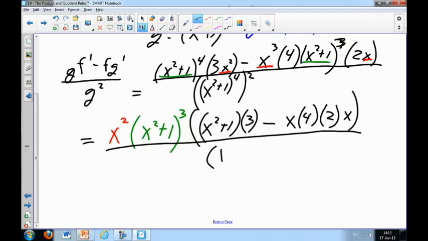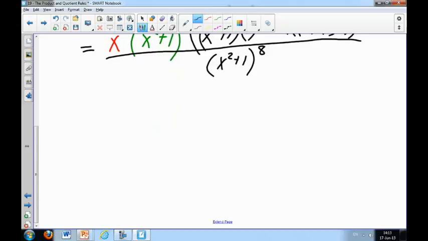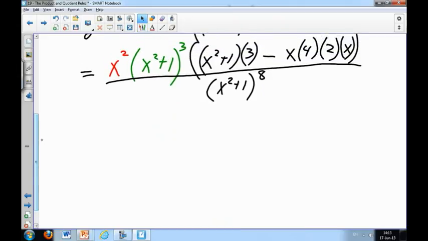So it's going to be (x squared plus 1) to the 8th power. Now, maybe this is a little bit neater if I put parentheses around there as well. Now we can multiply this together. I'm going to bump this up a little bit so it's easier to write, and move it down a little bit so I can see all of it. So this is going to be